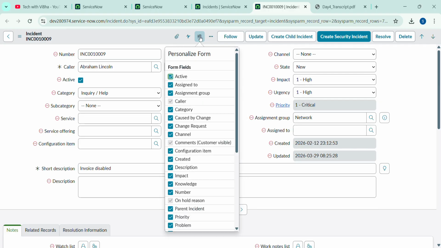Show, hide. Here you can see the personalized form. This is the form entering into edit mode. If I hover on the category field and click the minus, the hide icon, okay, if I click this,